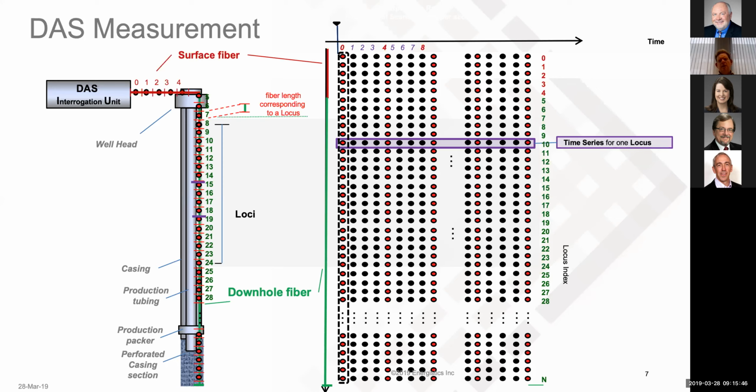So the system typically consists of a fiber in the well. Here you see a very rough schematic of a well, and the green line is the fiber in the well, and you see some dots along it, which are positions at which the DAS system measures. There's also typically some splicing at surface to connect it all the way to the DAS interrogator unit, and the unit is then of course the measurement system that sends out pulses and then collects the data. On the right-hand side, you see a schematic representation of what the data would look like along the surface fiber plus the fiber in the well, so the full fiber optic path.